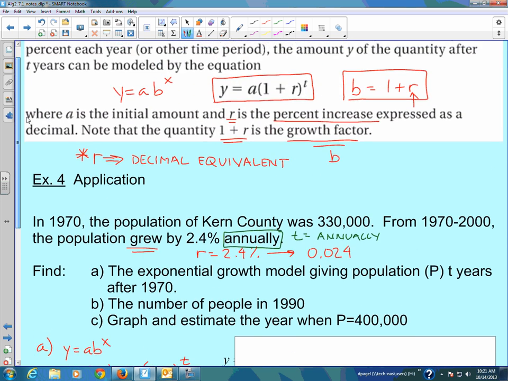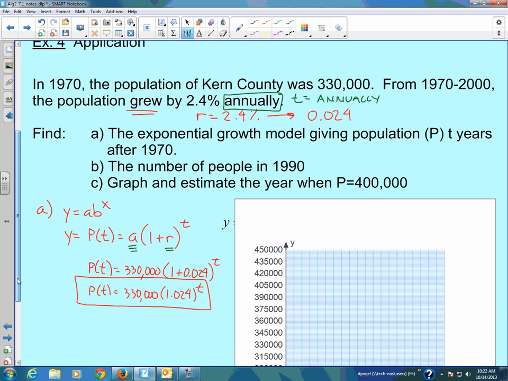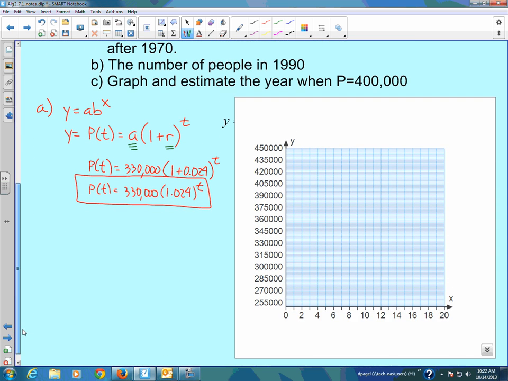And I forgot to highlight this, but this A is the initial amount of the substance, or whatever it is, in this case a population, that we are starting with. So all these different components are in our equation. All right, so there's our equation. Now we're going to see what is the number of people in 1990. Well, what we do with that